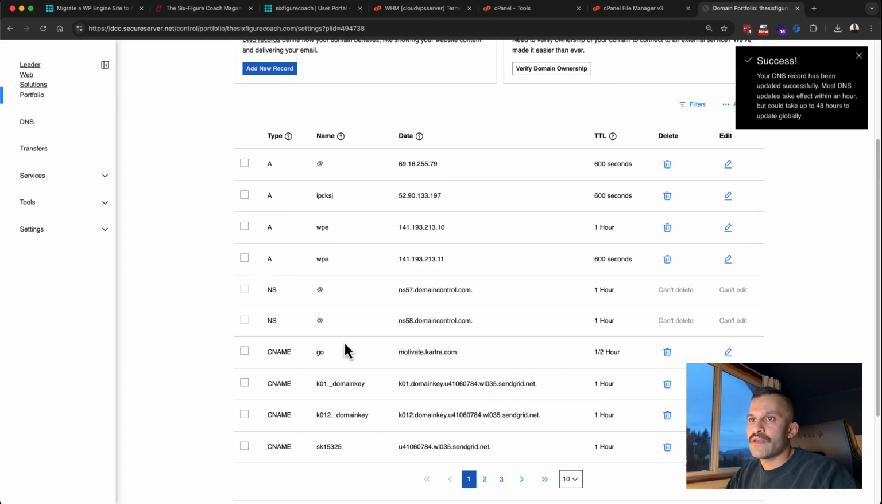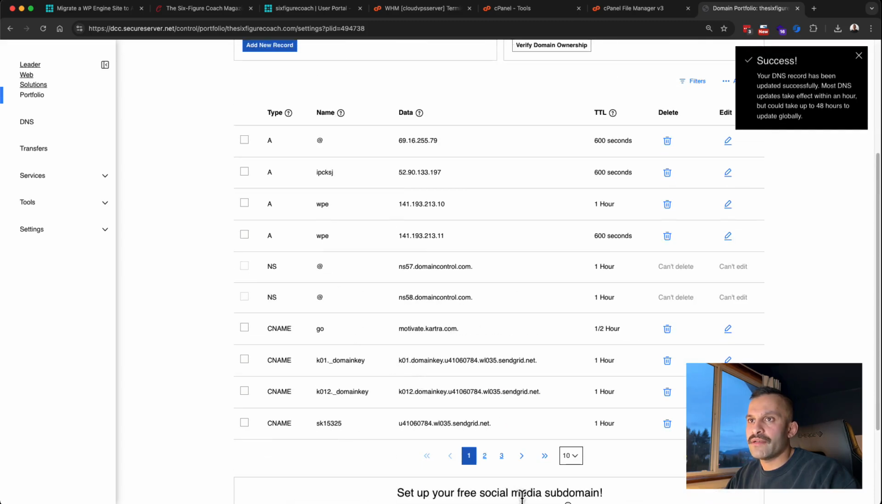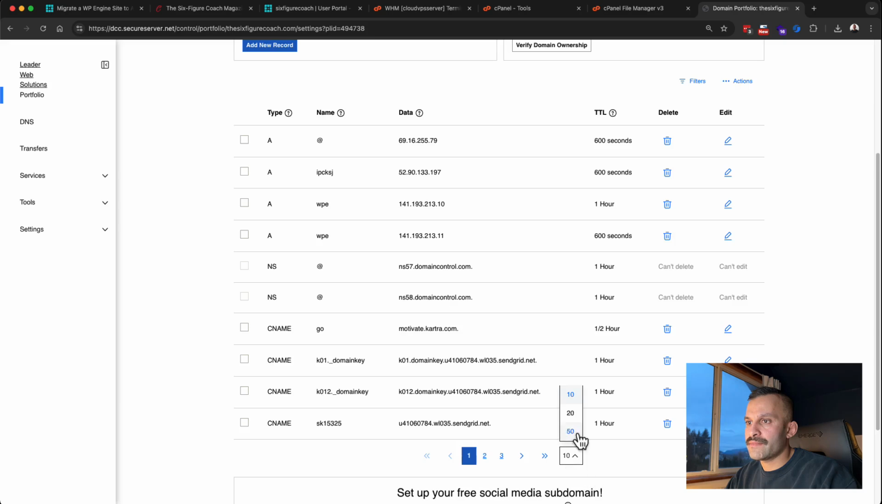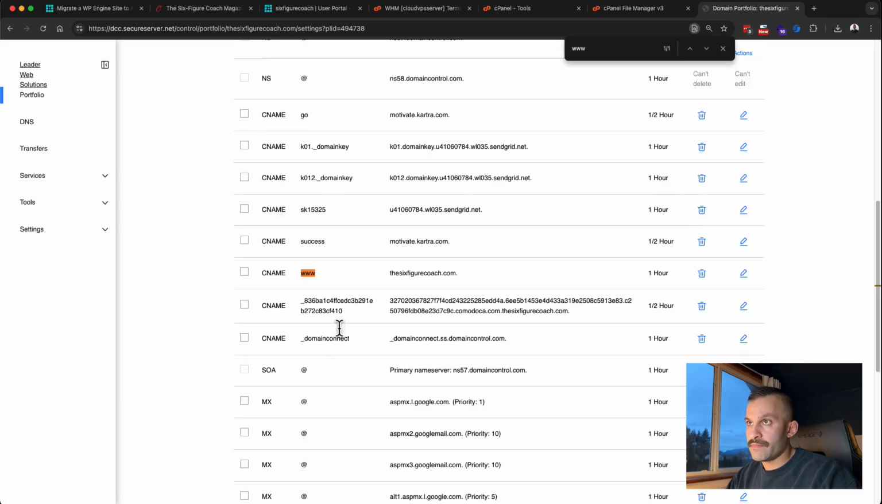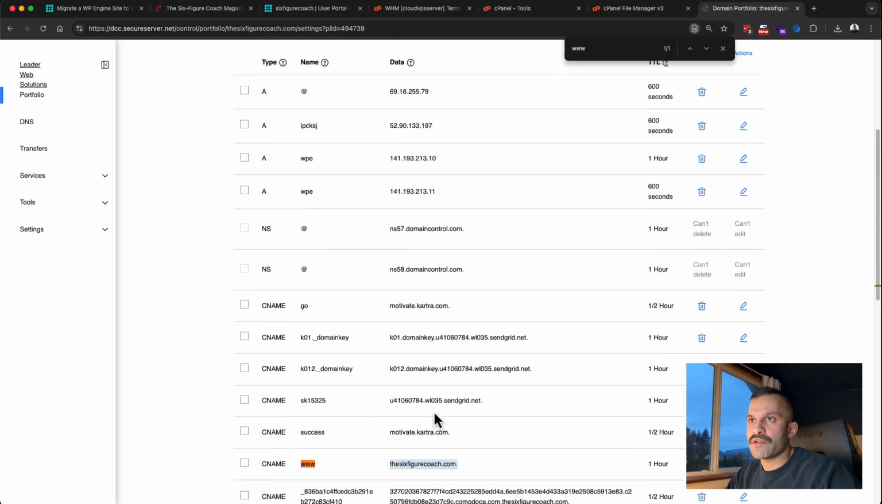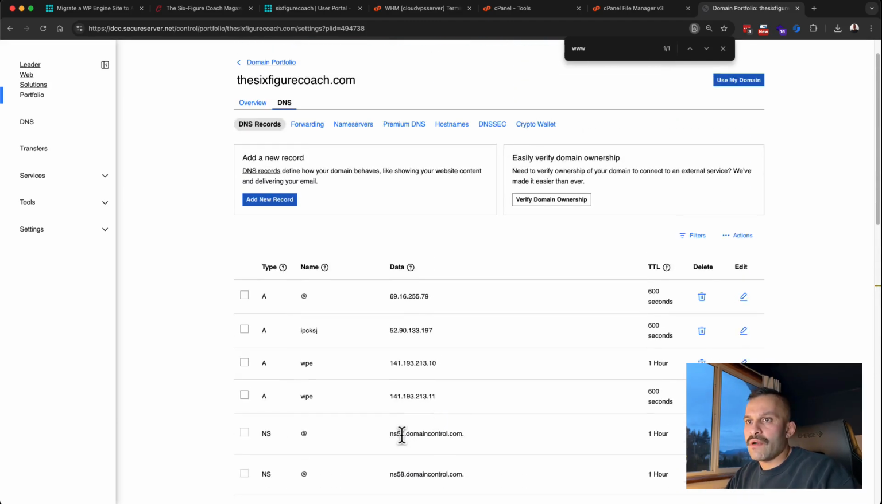Yes. So now my W record, let's see where it is. Right here is going to point to the main domain, the primary domain, the root domain there. So when it has W added, it's going to point to the same location, which is what we want. Now our website has been pointed over to the new domain. So at this point,